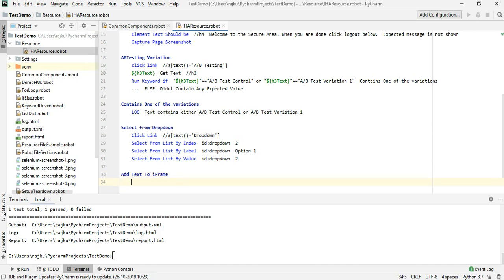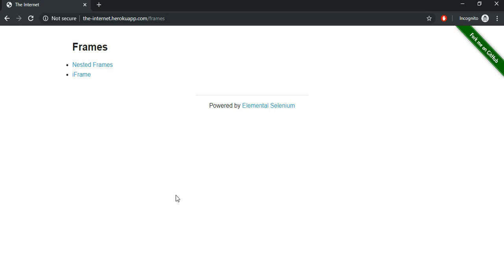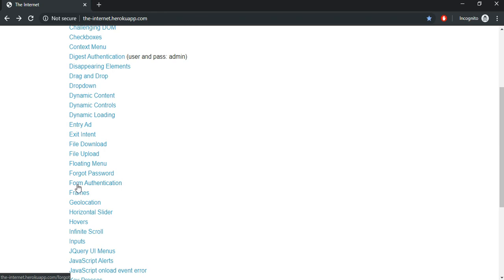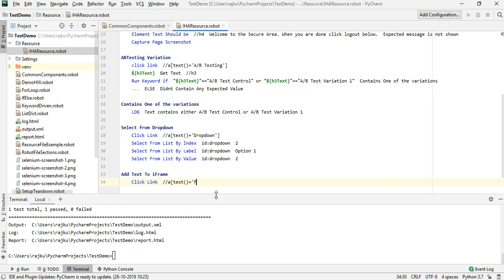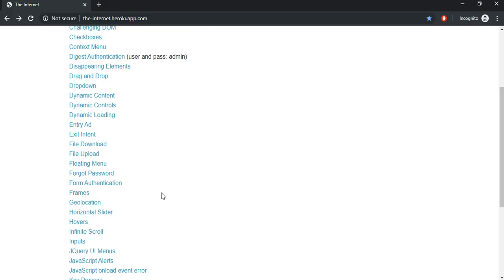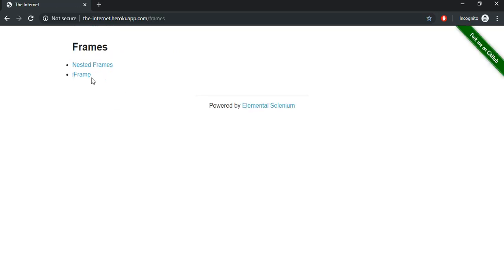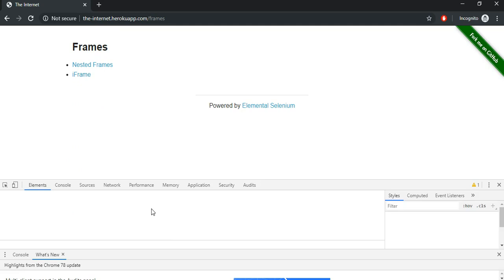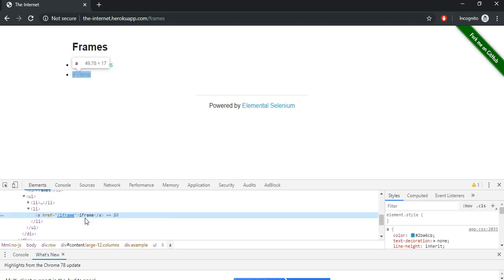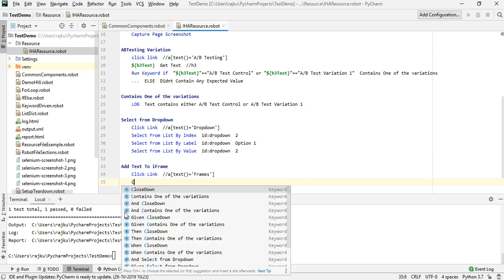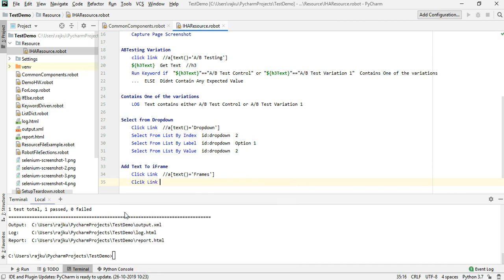Okay, so this is my keyword, and the first thing is clicking the link. Again, a text is equal to, and what was the text which we need to click on its frames. Okay, so after that it will go to the next page, and inside this next page I need to click on this iframe. So let me inspect this. Again, it is a link with text as iframe, and then click a link,